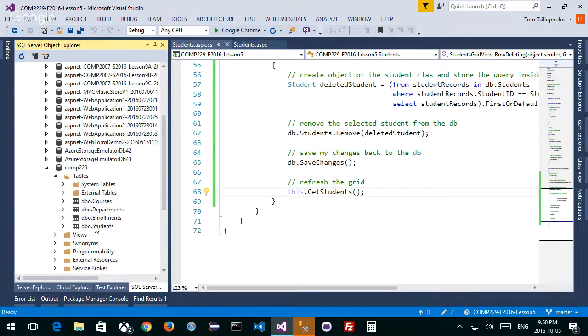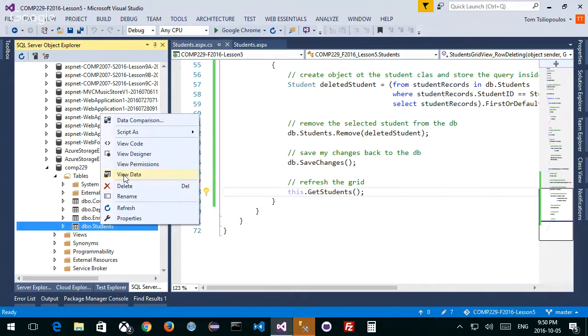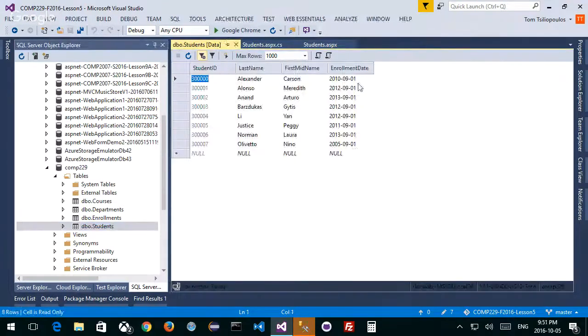Inside the table I want to modify, which is dbo.Students, this is doing it directly. Right-click, and then what I want to do is view data. What this is going to do is show me all the data physically in the database. This is a great way to do it. I want to add in the temporary data. What last name am I going to add in? Me. Here, I'm going to delete myself this way. I need first and middle name and some kind of enrollment date. It's probably going to be 2016-09-01, like September 1st, 2016. I don't know, that's not right, but let's press tab. Notice when I press tab, I got a new student number, 301001. Added a new student, that's me.